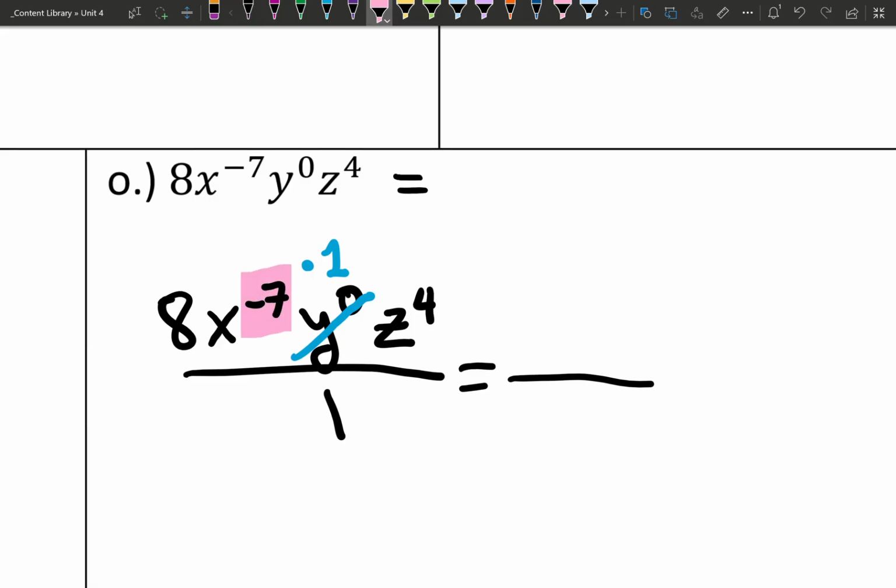Yes, I got a negative 7 up here next to the x. The 8 does not have a negative exponent. It stays up top. If I write that 8 down, 8 times 1 is 8. X to the negative 7 gets moved down and becomes x to the positive 7 on the bottom. Z to the power 4 stays